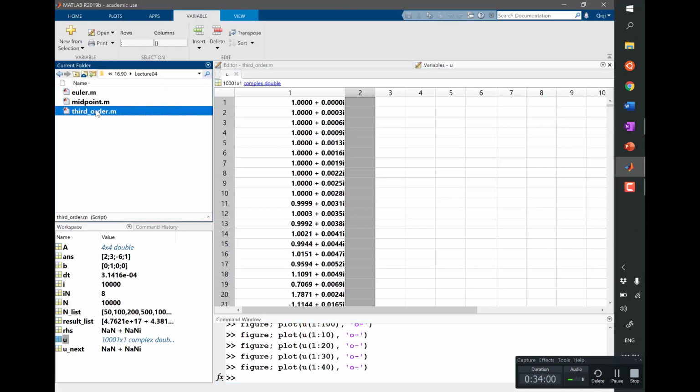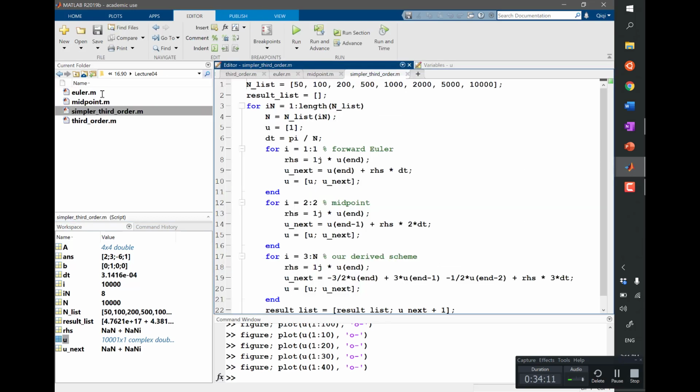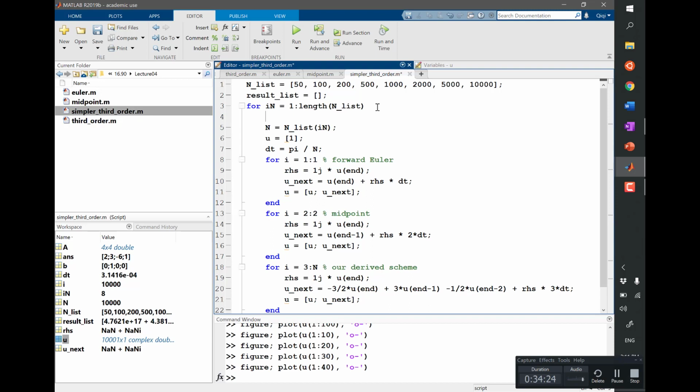So I'm going to back it up, and I'm going to say third order, or simpler third order. Okay, so the simpler third order is going to compute the right-hand side a little bit differently. Everything is going to stay the same except the right-hand side, for which I need to compute t first. So for every loop, the t is going to be what? t starts with 0, right? So t is going to be n minus 1 divided by